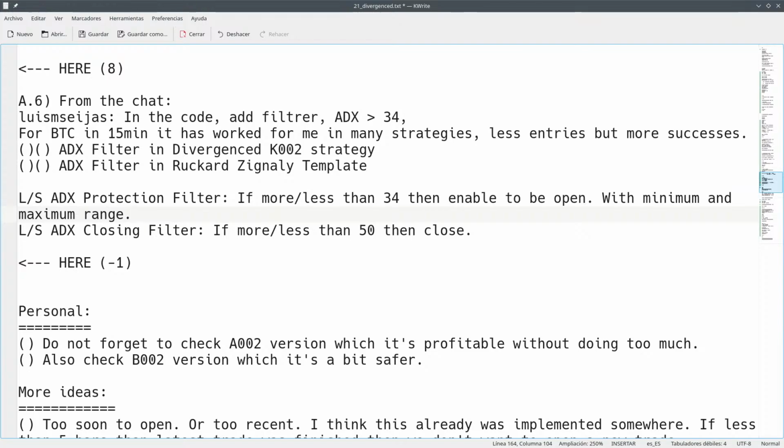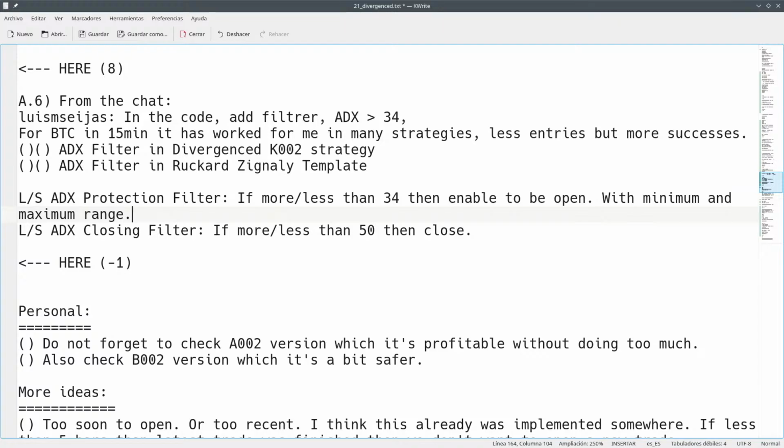Okay, I mean, there are many ways of doing this. So we could have a range, that way it's quite easy. Yeah, maybe the easiest thing is to have a range in order to open the trade,